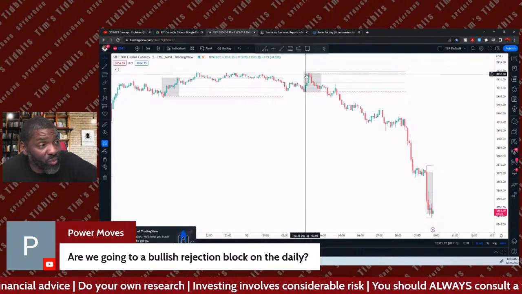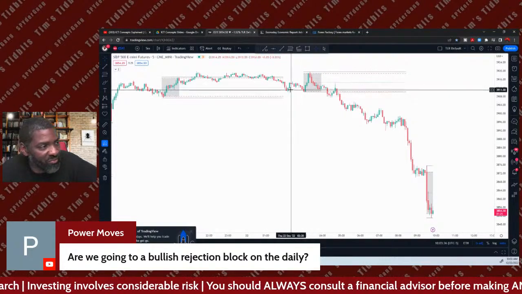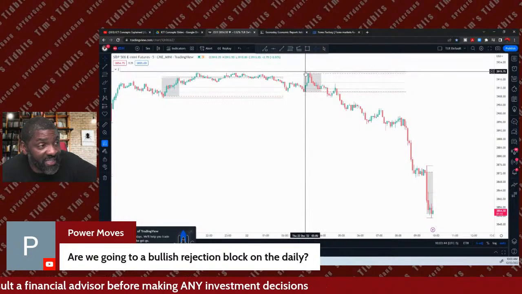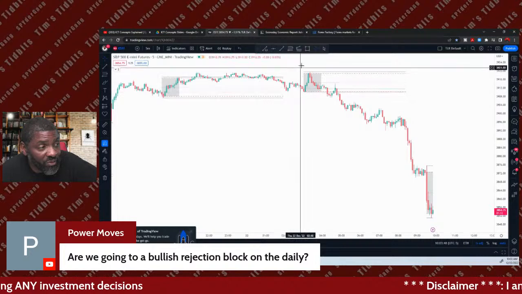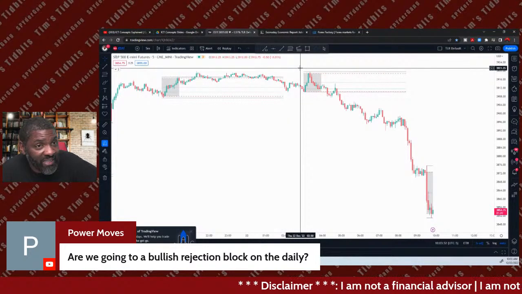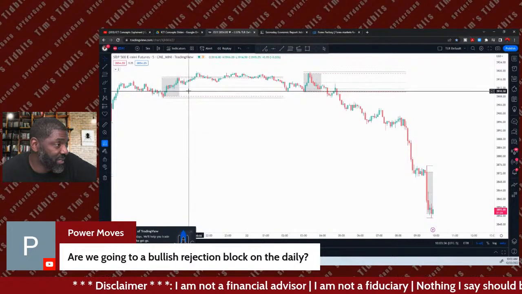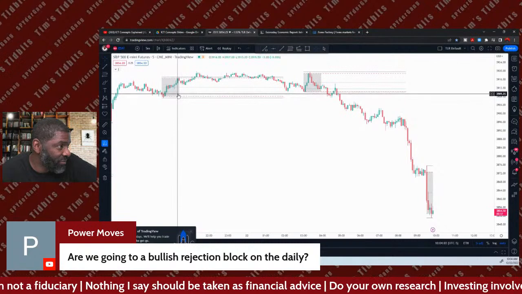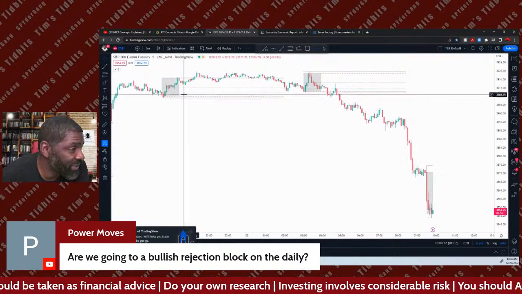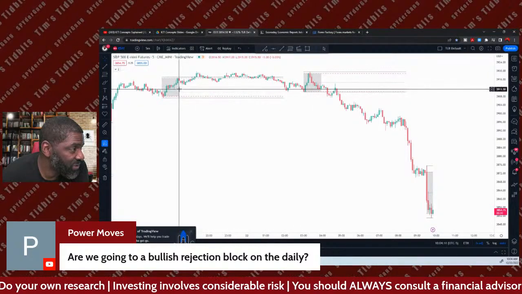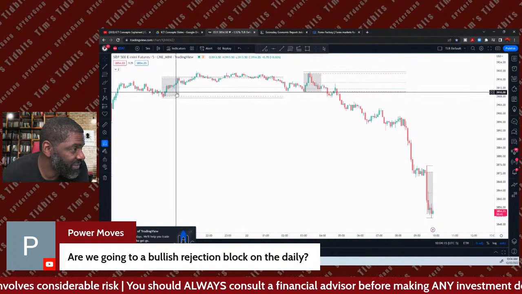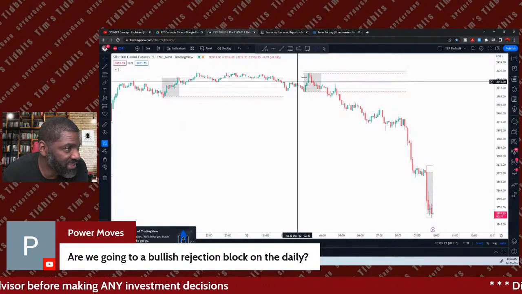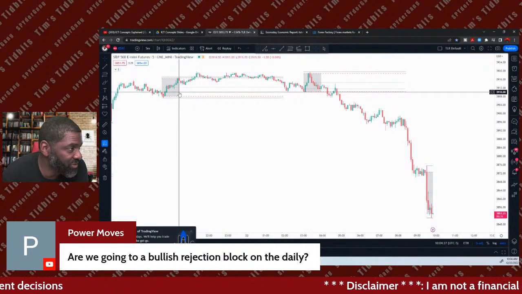It was a move, but I only count the ones that are 10 points or more for the way I'm doing it. So again, remember, this did give you a retracement trade up to here, but for how I'm tracking it, it needed to get up here to 21. Oh no, it's two fair value gaps there. So I wouldn't even have got picked up on that. So that's not a failed trade for me, because you got a fair value gap there and a fair value gap there. I would have been looking for the retracement trade off of this fair value gap here, and I wouldn't have got picked up. So scratch that. There's no trade there for me,